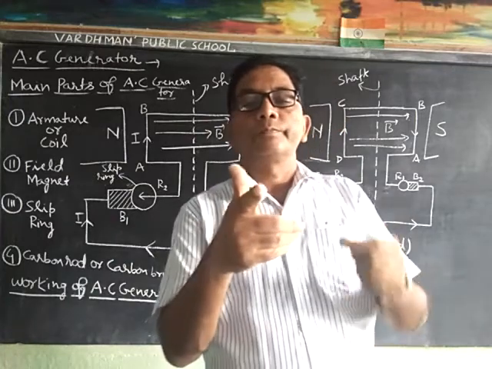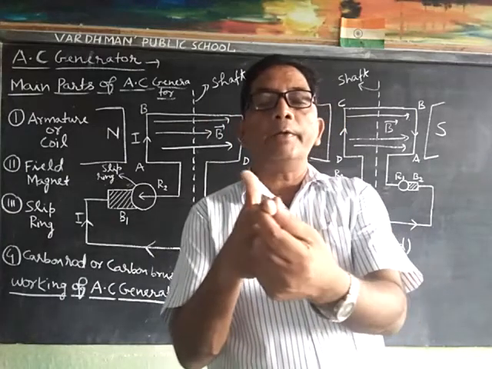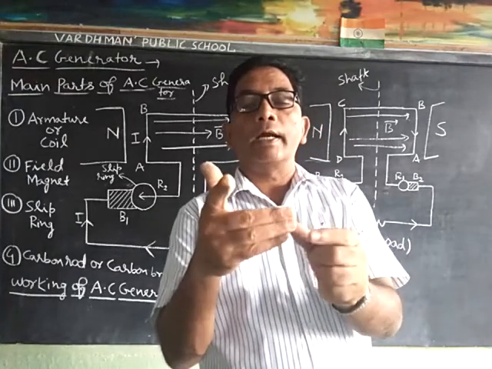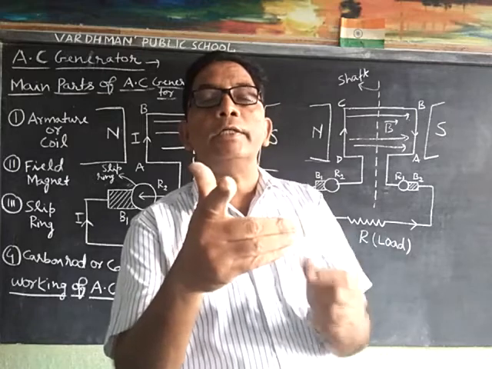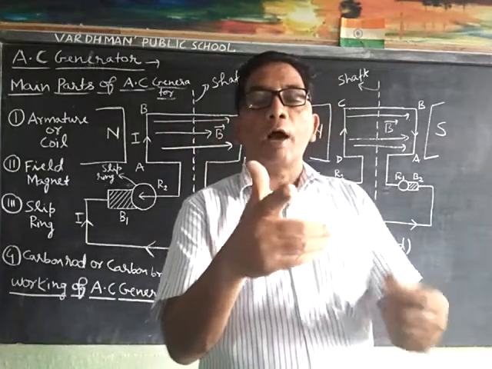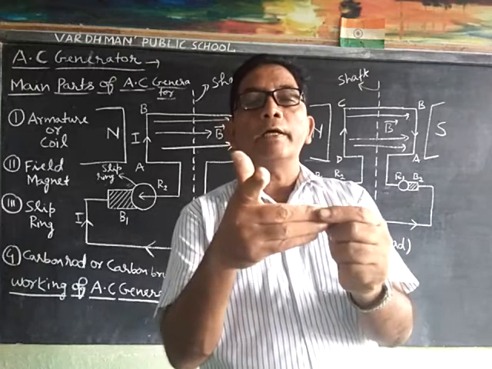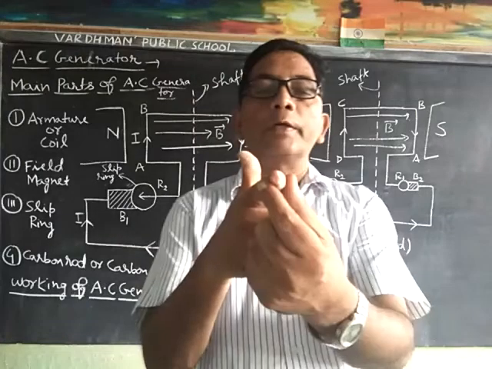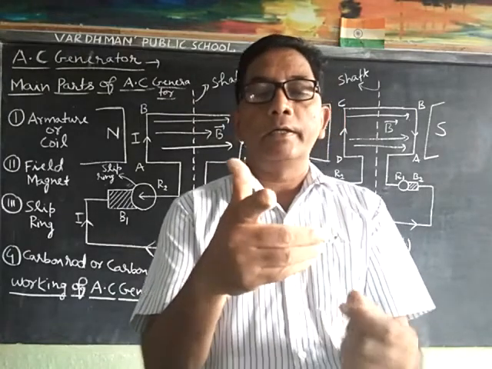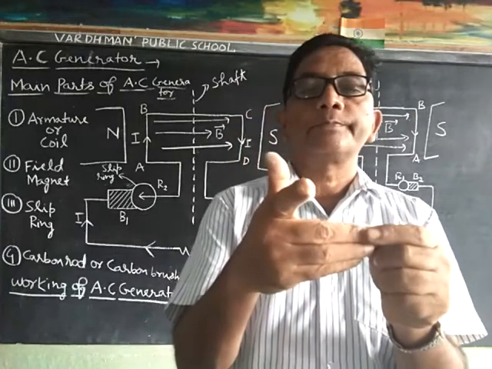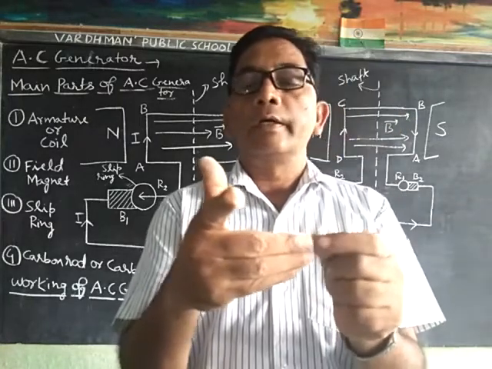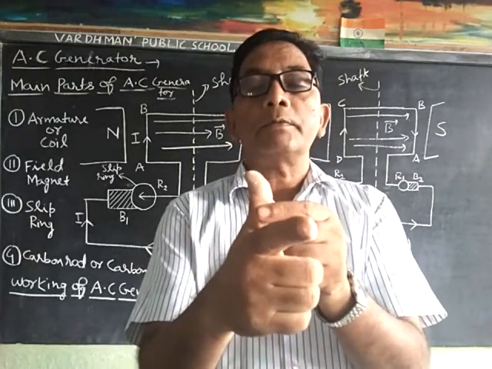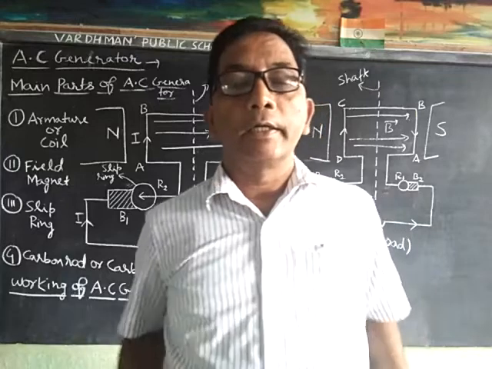This is the magnetic field, this is motion in a conductor, and this is the direction of the induced current. If we stretch our forefinger, middle finger and thumb such that they are perpendicular to each other, if the forefinger points in the direction of magnetic field, the middle finger points in the direction of induced current, then the thumb gives motion in the conductor.